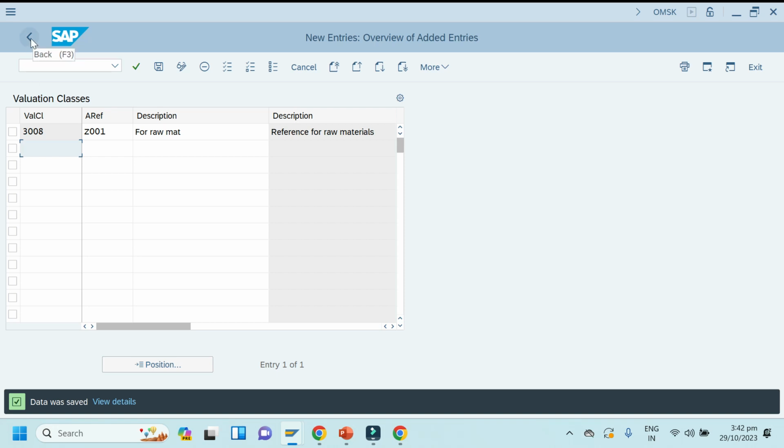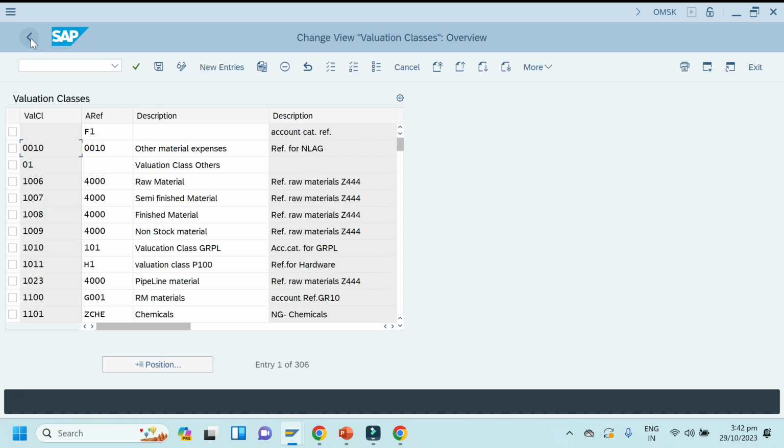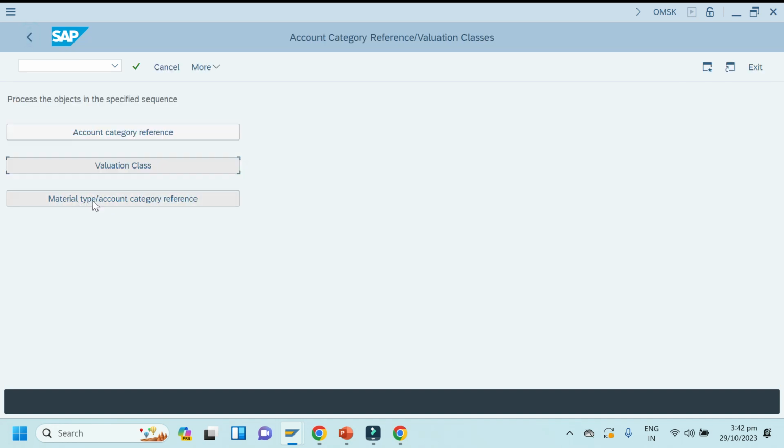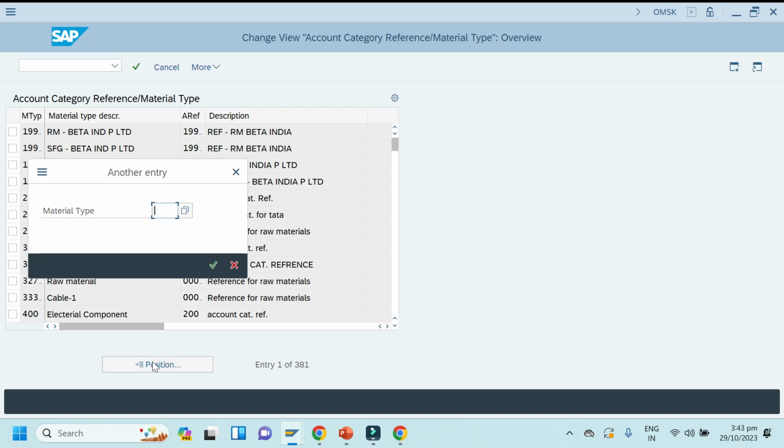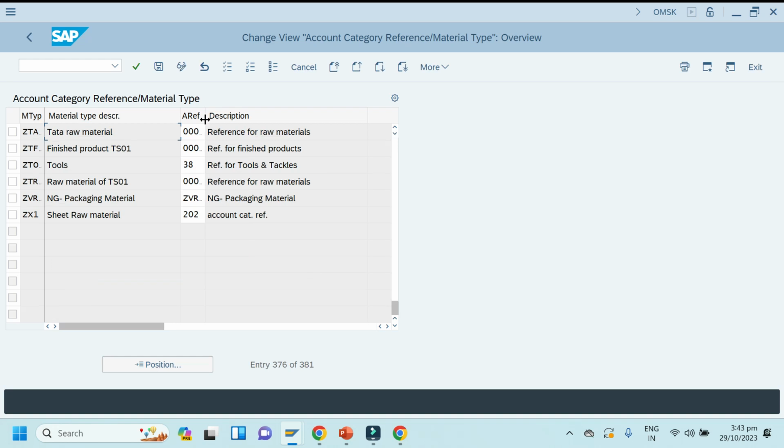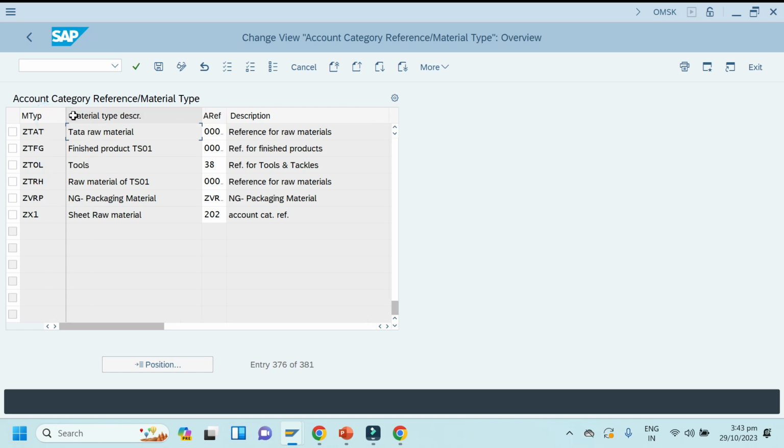Back to pop-up, and what is the third step? Material type and account category reference. So click here. I'll go with the existing material type ZTAT, right? I don't know if I can change it or not, but let me try.